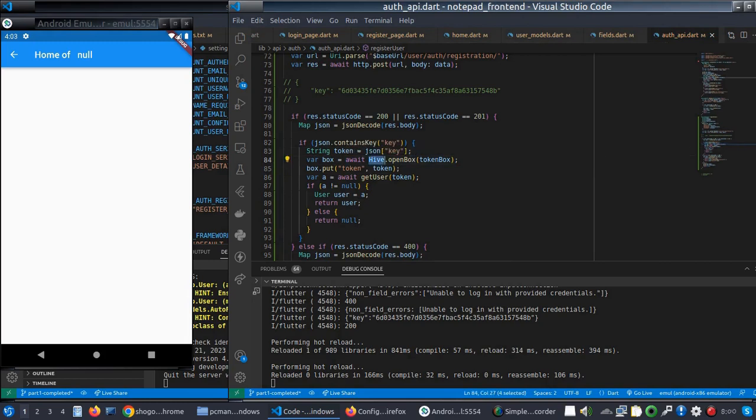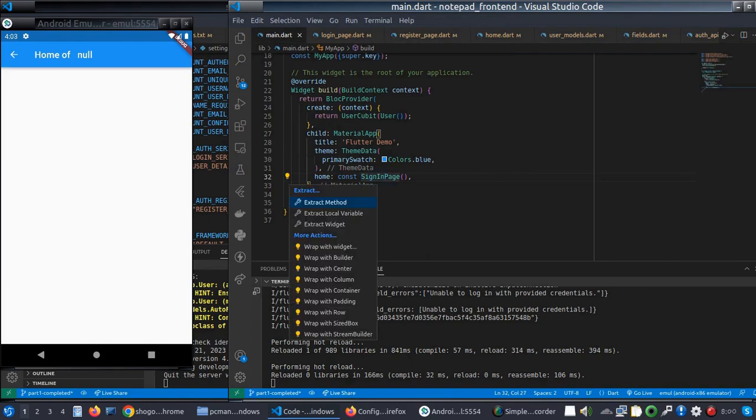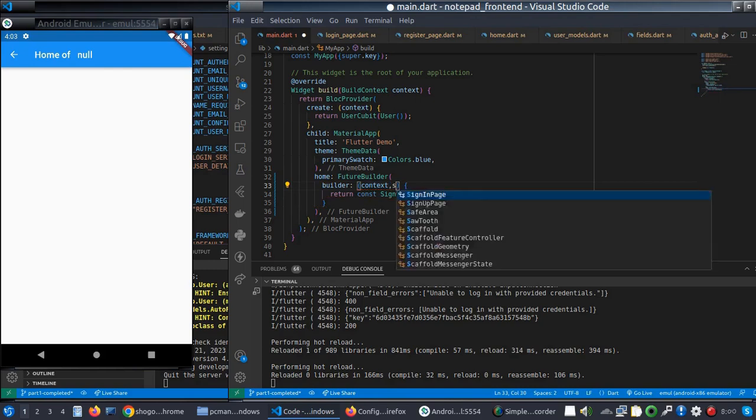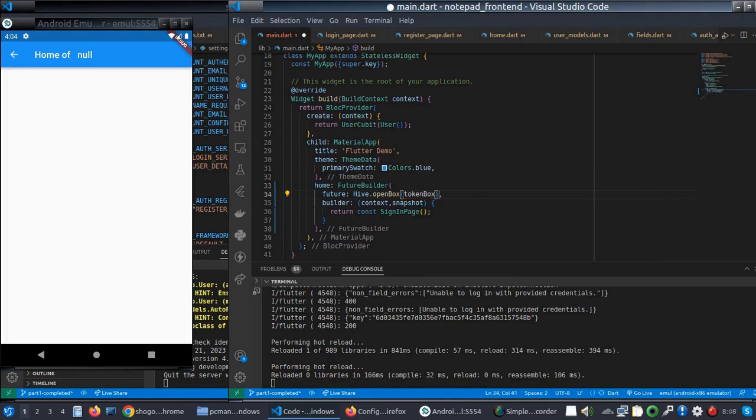Okay, now if we have the token in our Hive box, we will open the Hive box on main.dart. We are moving to the sign in page. Before moving to the sign in page, we will wrap it with a FutureBuilder. And before moving to FutureBuilder, we will add this Hive box, and in this token we have to import this token box. This is the constant variable we assigned in our constant.dart, and after,